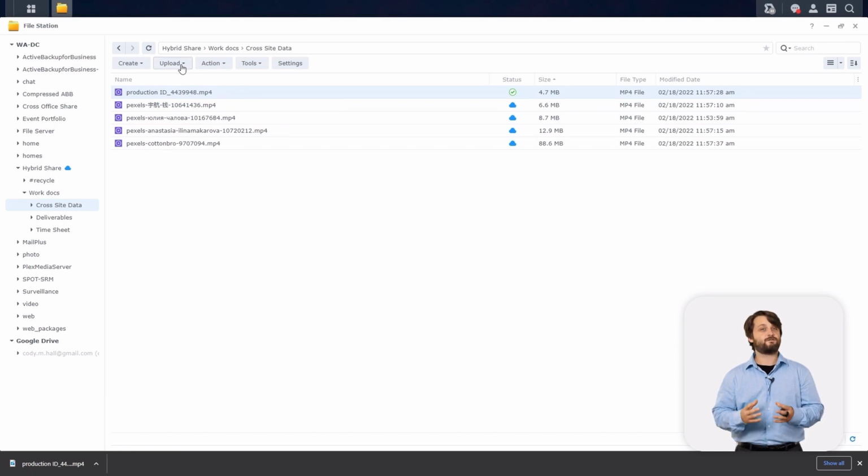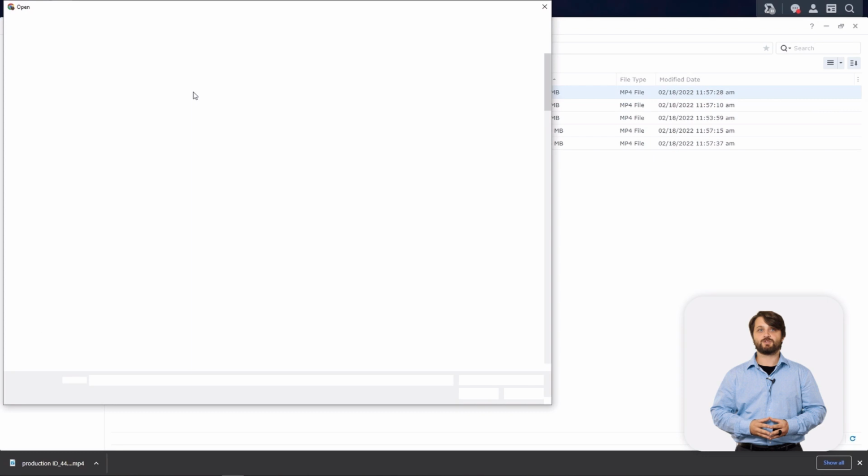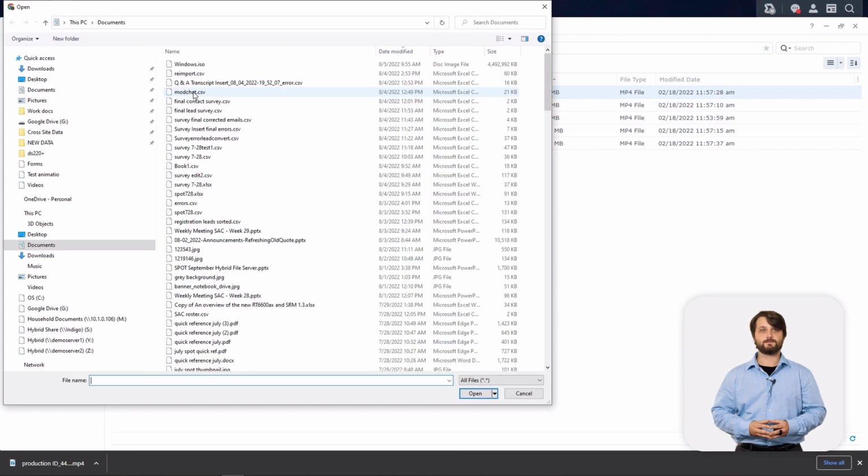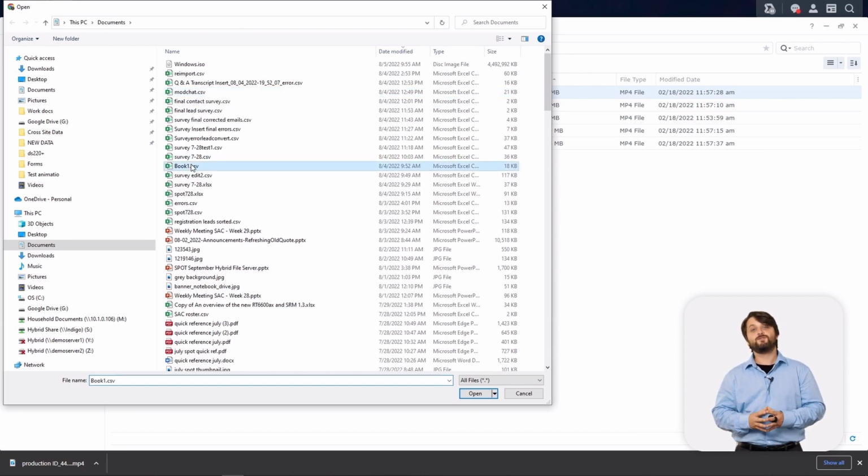Likewise, we can upload a file on this East Coast side here. And we're going to choose just a normal Excel CSV file, for example. We're just going to choose book 1 in our case. Now, as we upload this book 1 Excel file into our environment on the East Coast office,